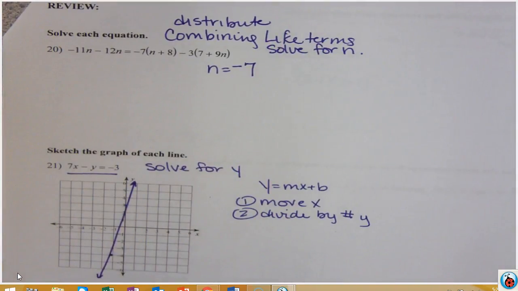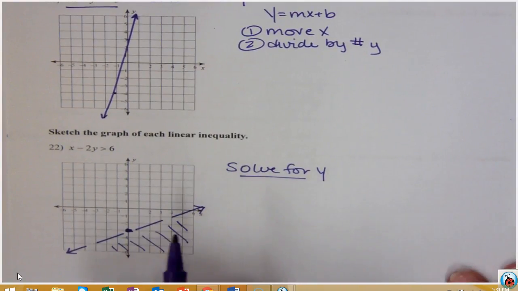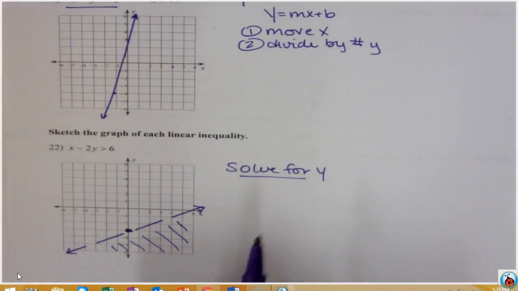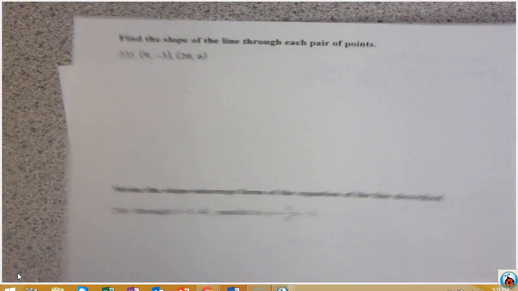Okay, same with this one. Your line will look like this, and you're going to shape it this way, but you need to solve for y. And the reason we're not doing this is because I want you guys to be able to see if you can do it without watching. This is going to be your final result, so you know if you got it correct. Alright, and on the back,